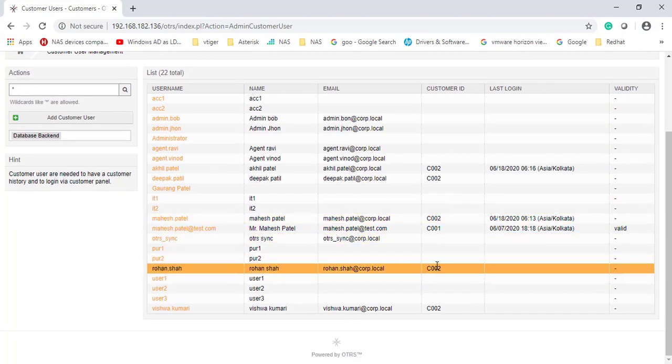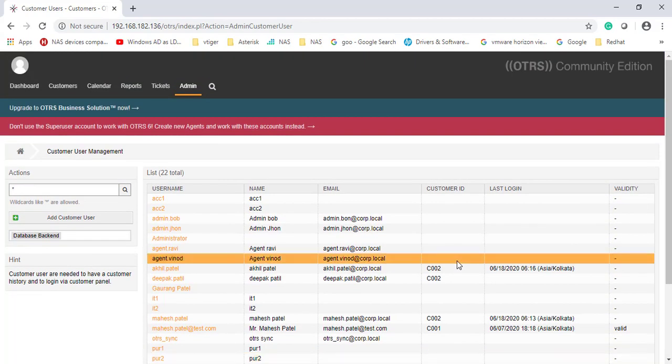If you have multiple customer IDs and if you want multi-tenancy, multi-OU, multi-site wise, you can watch my last video, the multi-tenancy video. It will show you. So let's conclude the video here. We have successfully configured our admin login, group synchronization and customer authentication with LDAP.